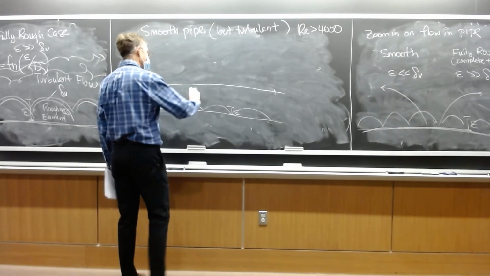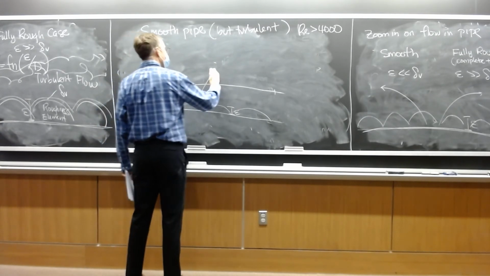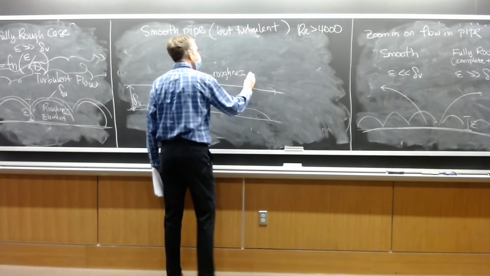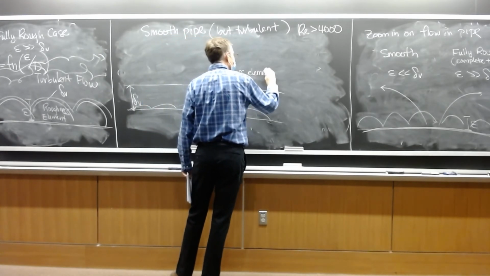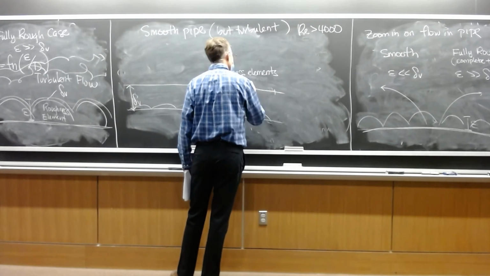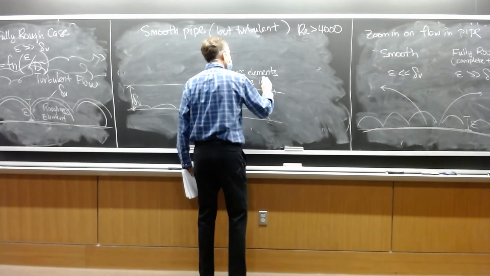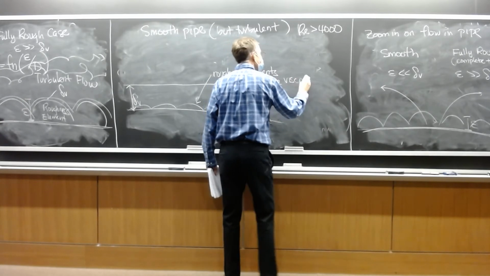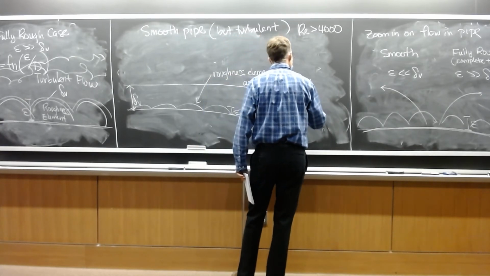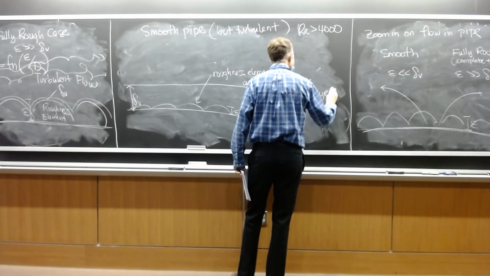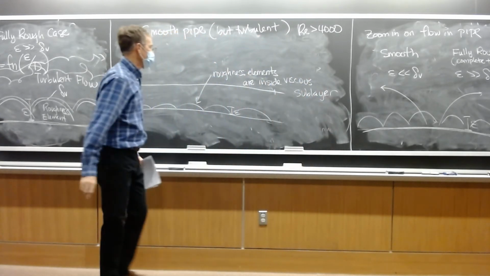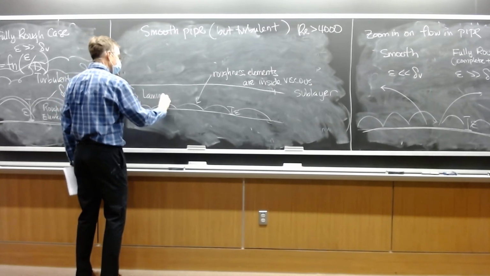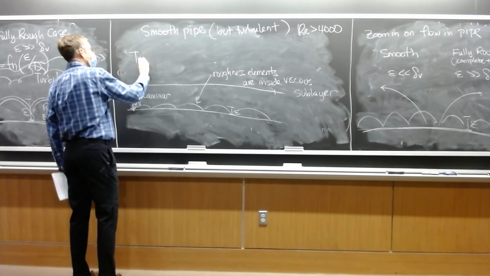So in that case, the roughness elements go in and then out, so we've got maybe laminar flow here and turbulent flow there,